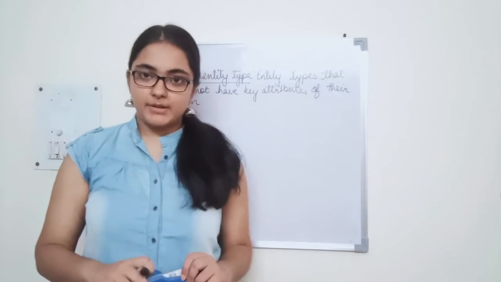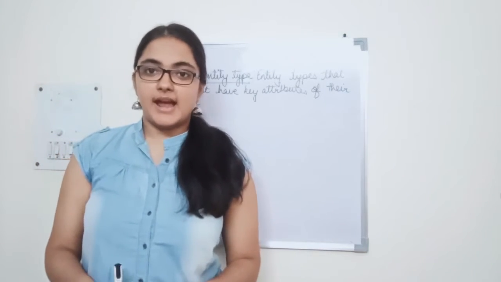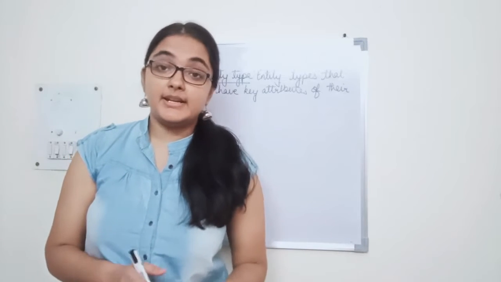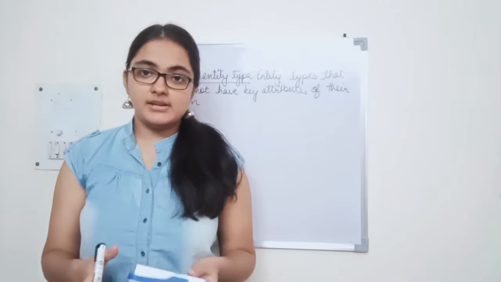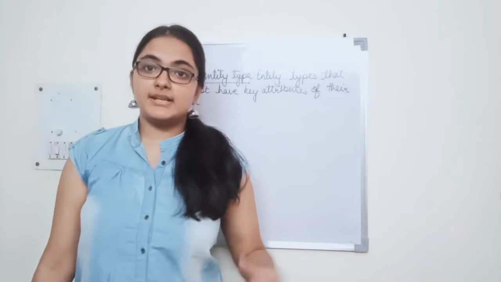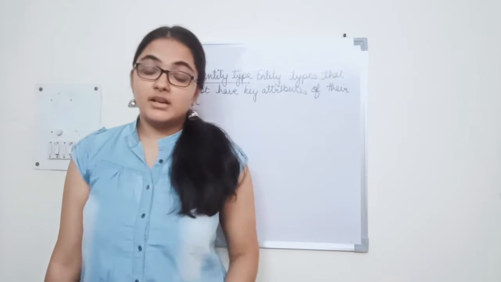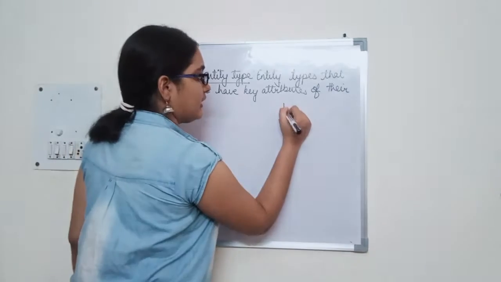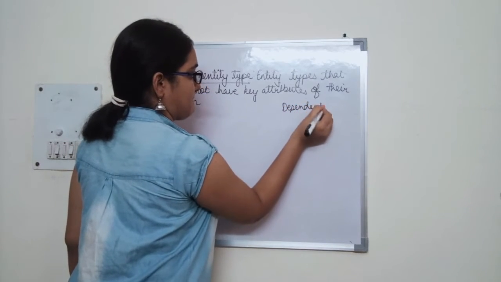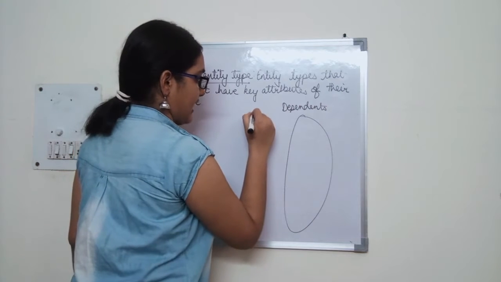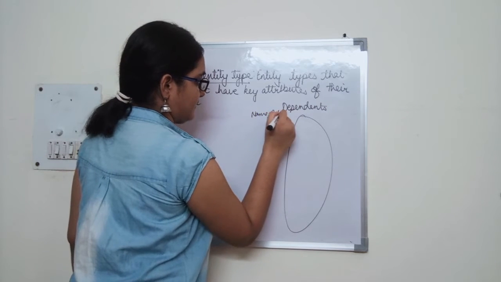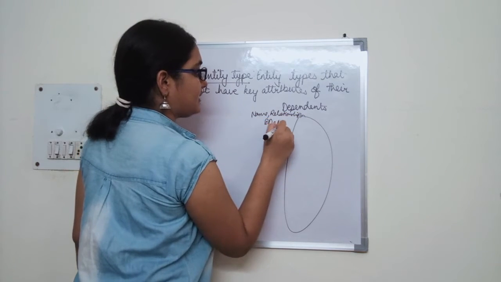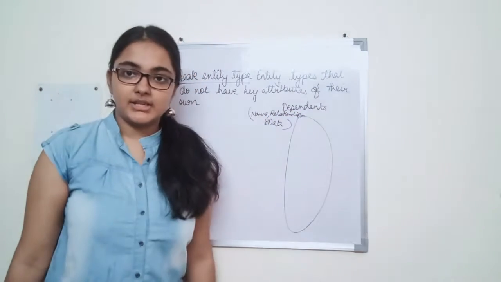So in order to take an example, let us say we have a dependent entity type and the attributes that further describe the dependent entity type are name, relationship and birth date. And the dependent entity type stores the information about the dependents of an employee, right? So now let us see the dependent entity type. Alright, so these attributes are name, relationship and birth date. So this stores the information about the dependents of an employee.